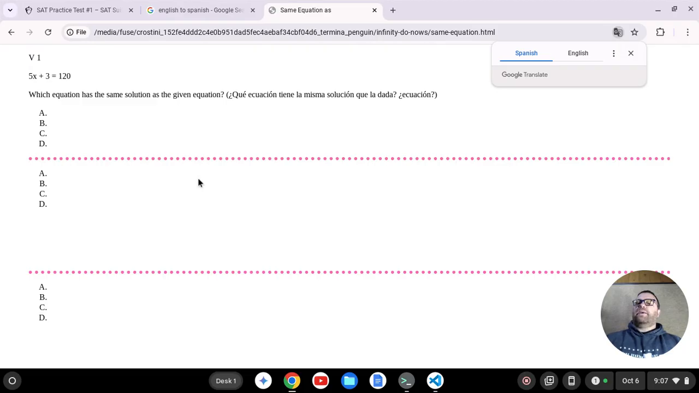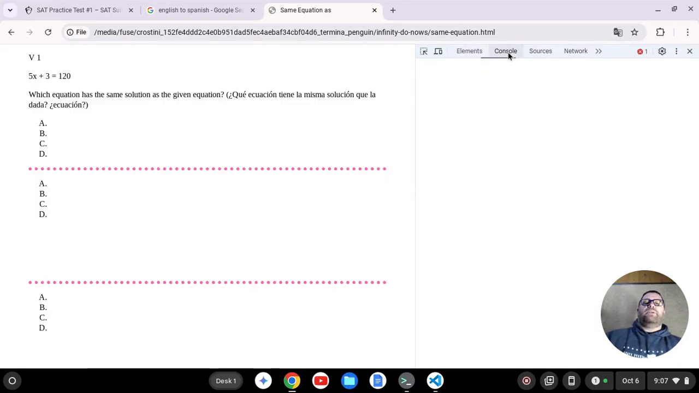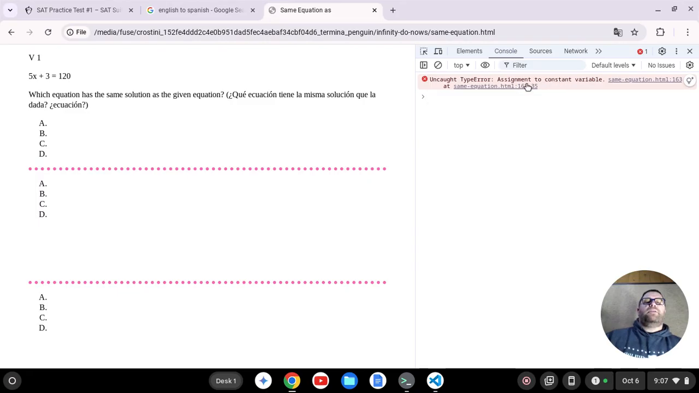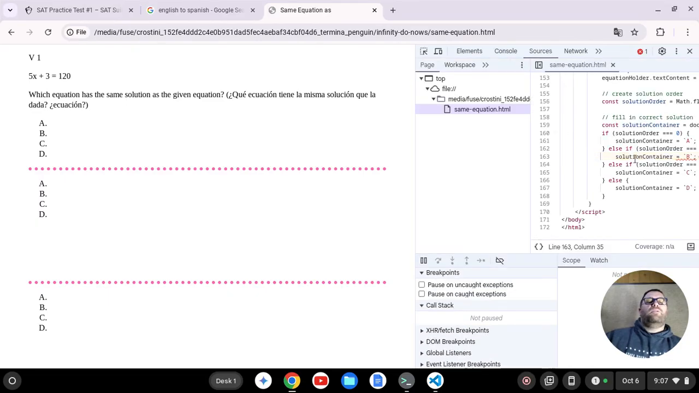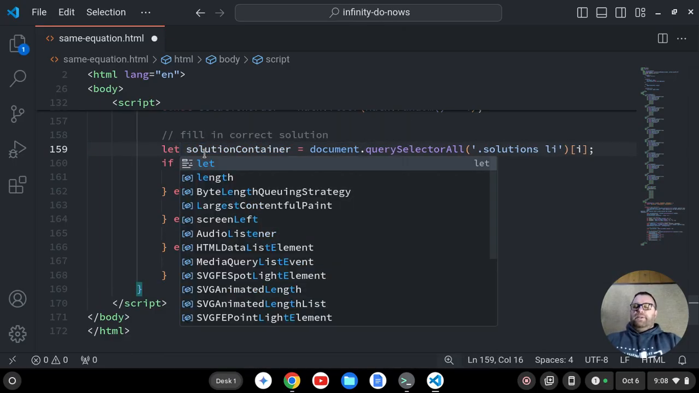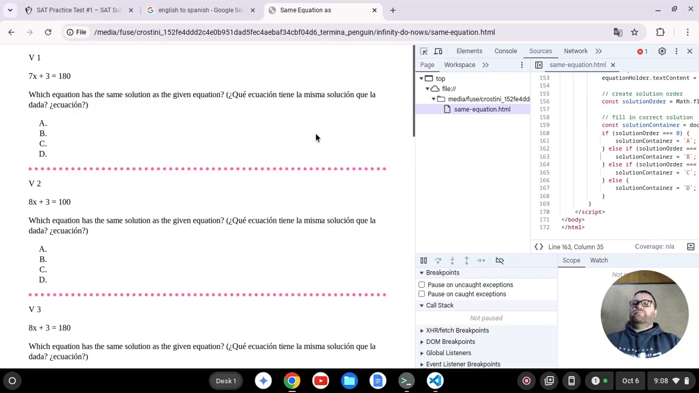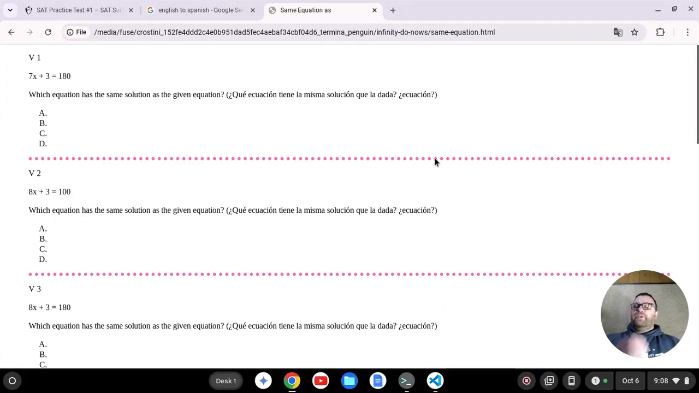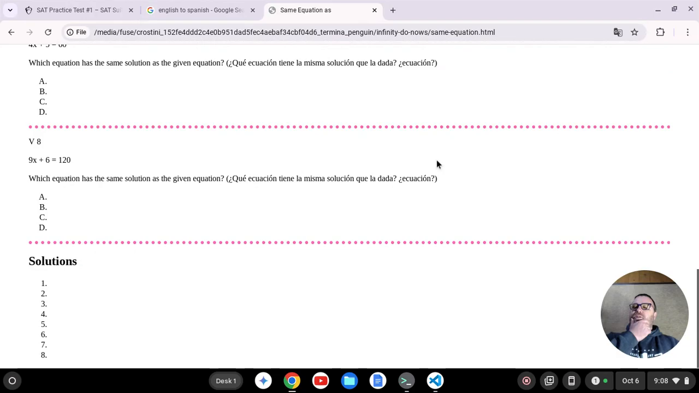and something messed up. Okay, so let's go Control-Shift-I, and go to the console, and uncaught TypeError, assignment to constant variable. Okay, make this let. All right, there we go. Now everything's good. And if we go down here to our solutions,